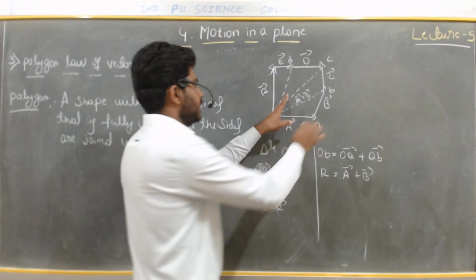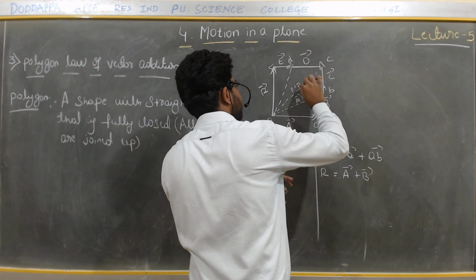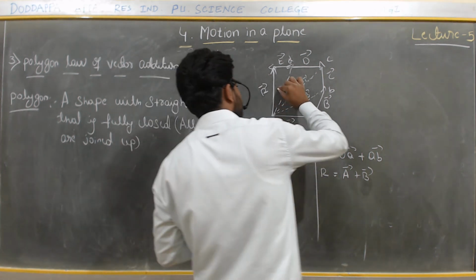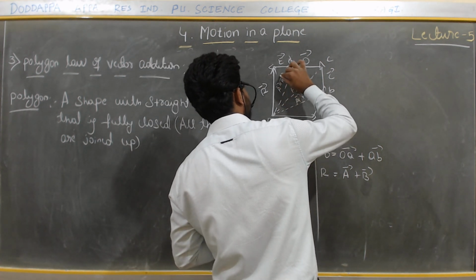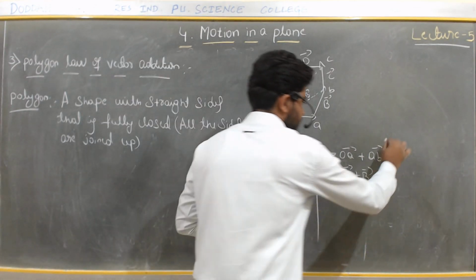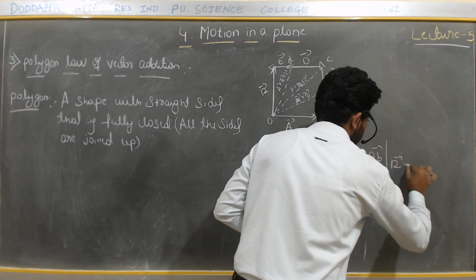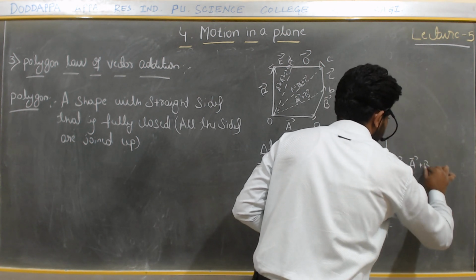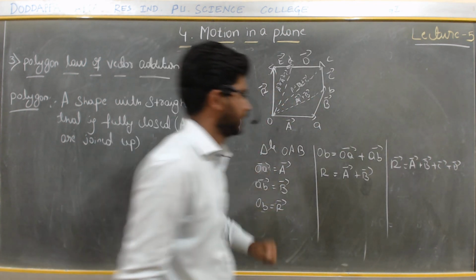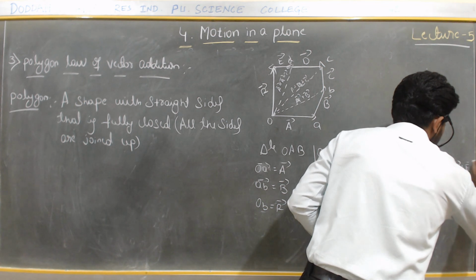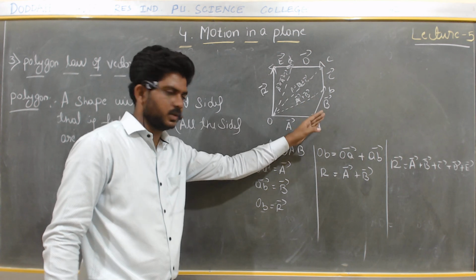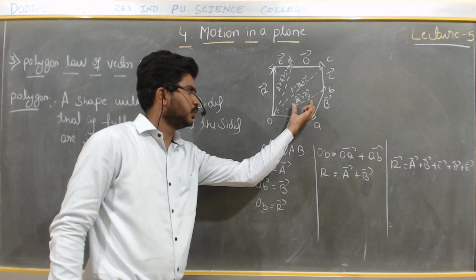So in a similar way, here it becomes vector A plus vector B plus vector C. See, here I am writing directly. So next here I will write vector A plus vector B plus vector C. So finally we will get this: R vector is equal to vector A plus vector B plus vector C plus vector D. How many vectors are there? Five vectors. So vector E. See, this one I have written directly. Don't get confused. Just make one triangle, then you will get one result.